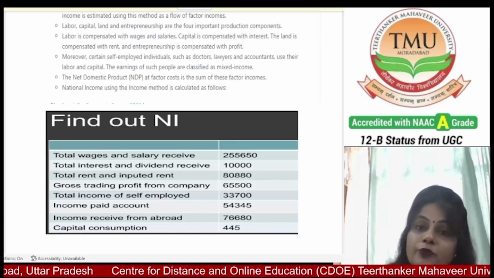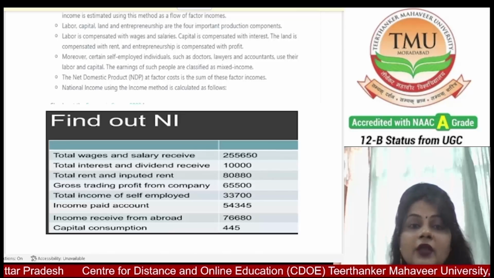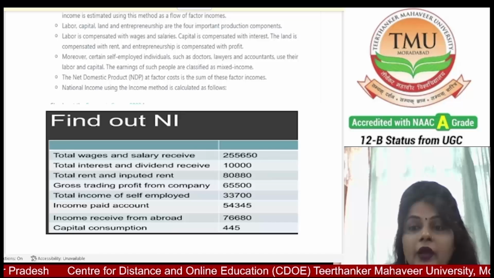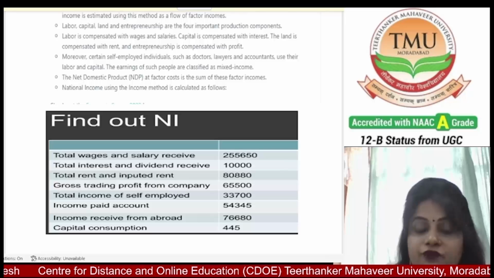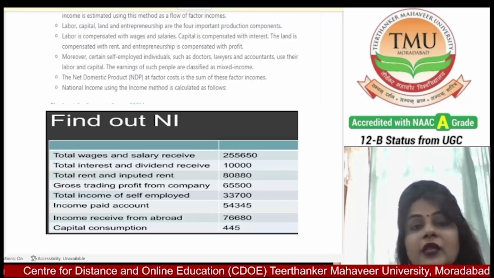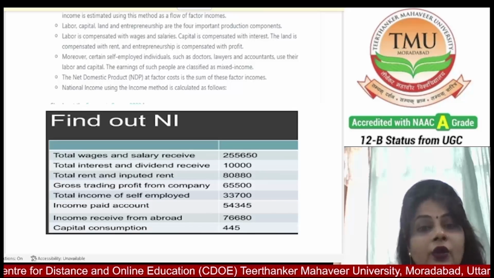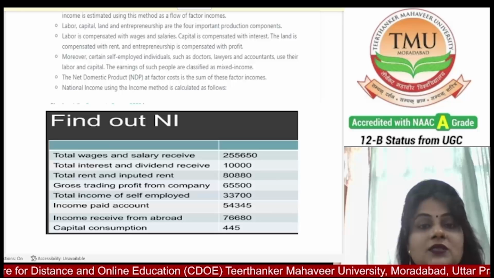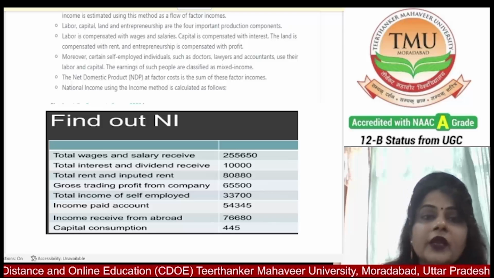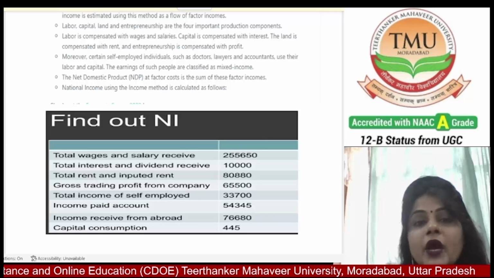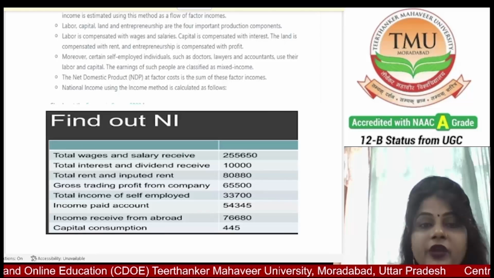So there are many steps of the income method. The first step is to identify and classify the factors of production of all the producing firms into primary, secondary, and tertiary sectors. The second step of calculating national income through the income method is the estimation of the factor income paid by each factor. The factor incomes paid by various sectors are grouped under the heads compensation of employees, rent and royalty, profit, interest,